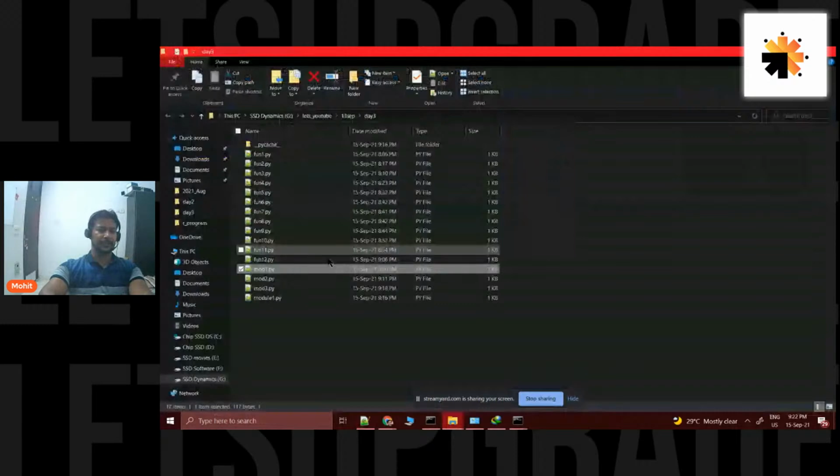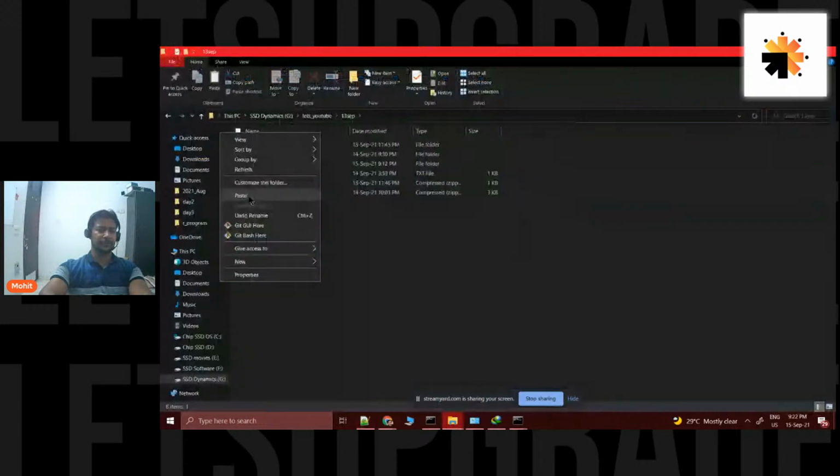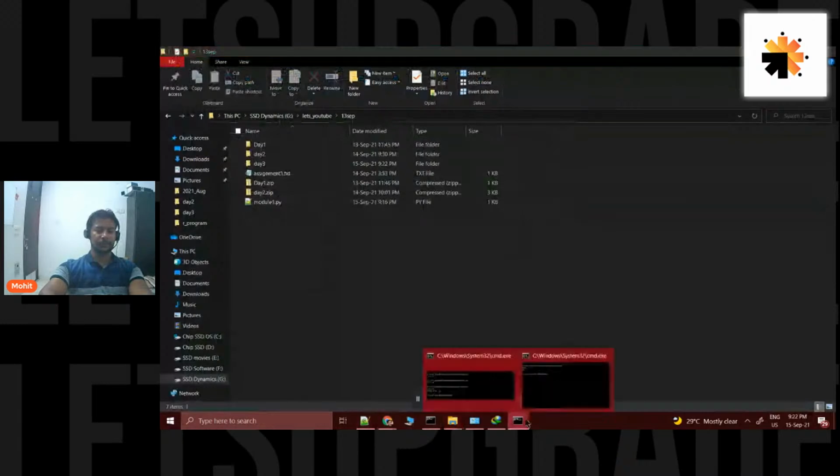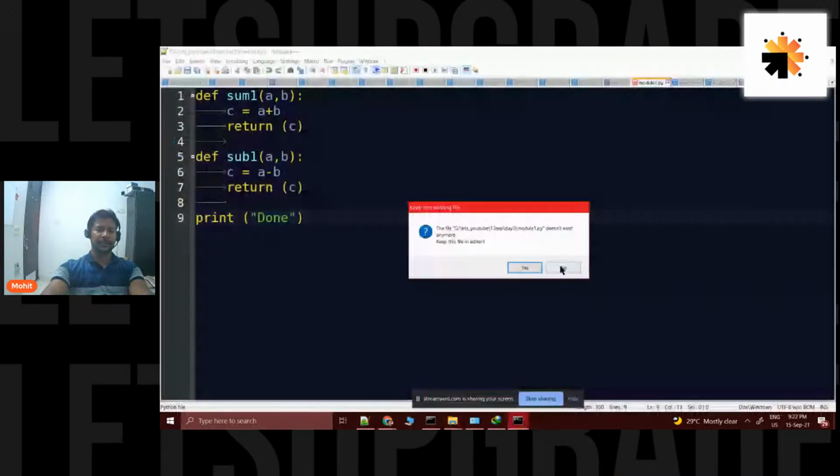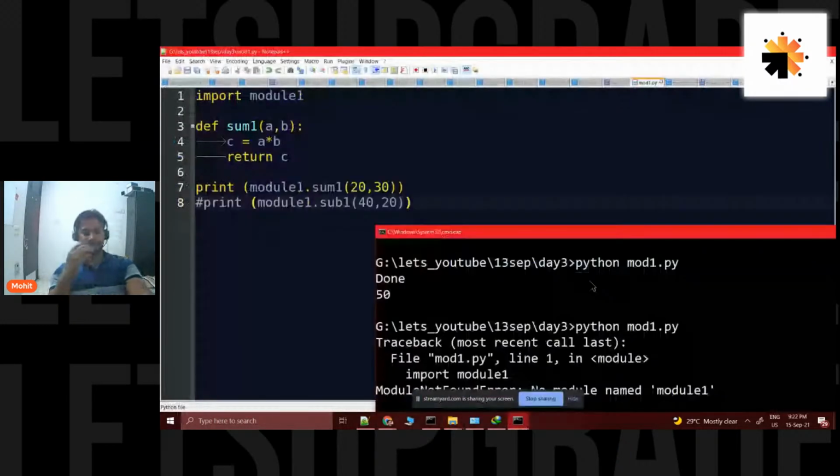If I paste it over here, let's check, do we get any error or not? So we run module one. This time we are getting the error. The error is no module named module one,